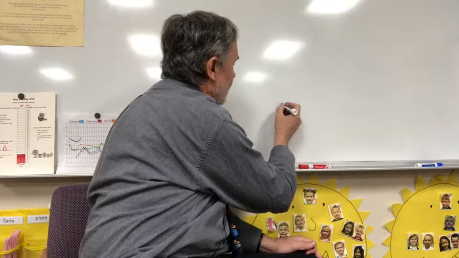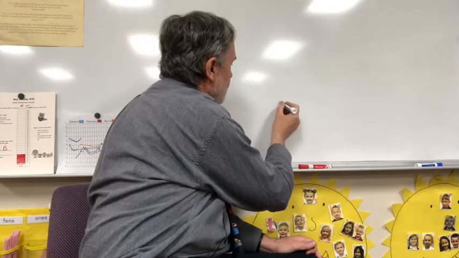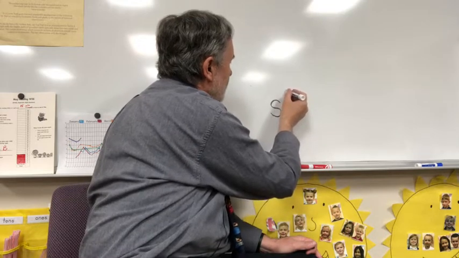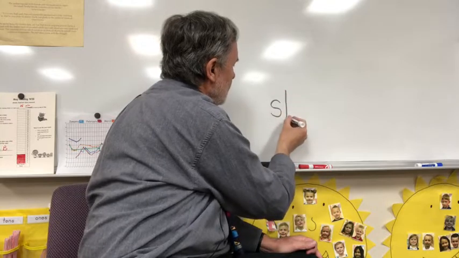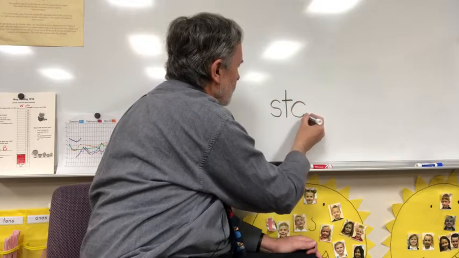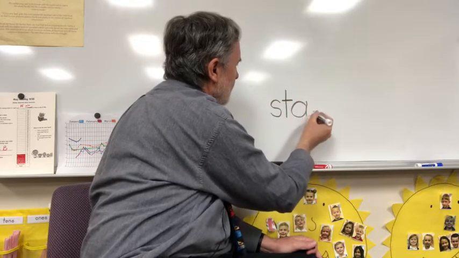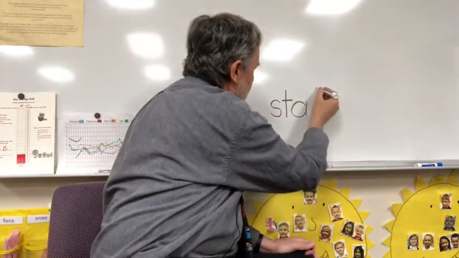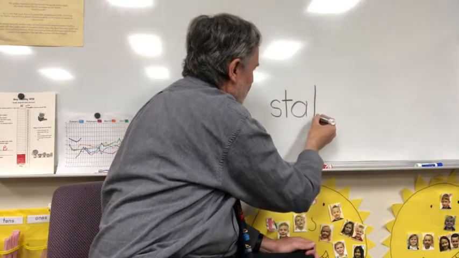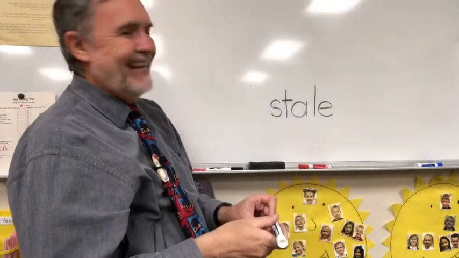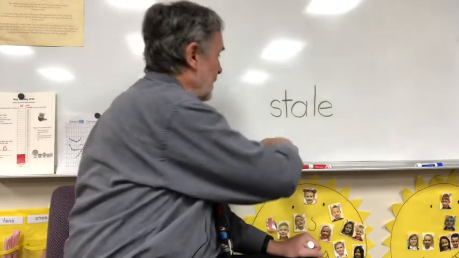Say stale. Start below the waistline for the S. Curve up to the waistline. Curve around and around like a bumblebee. No. Start below the headline. Come straight down to the foot line. Cross goes at the waistline. A, nice round, starting below the waistline, and then a straight line down. Stale, right? Yeah. L, start at the waistline, the headline, come down to the foot line. And then our E, come nice and around like that. Stale, right, stale. Okay? Number 10, we're going to write